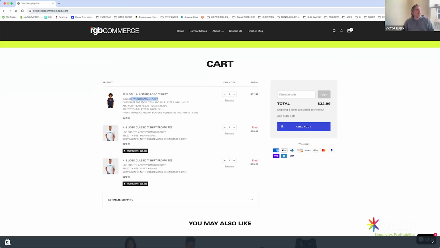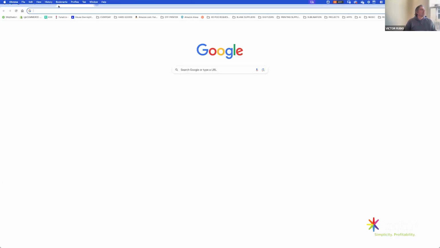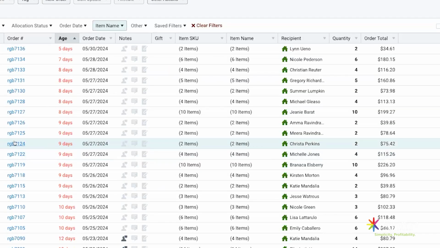Like that's the size, that's the item they're ordering. That's their team, juniors. So if it's the rosters, I know what team to put on the back. That's the lot, but they would choose their name, that's their number. And then they also said, yeah, I want the number on the front too. And then when the guys get the order, they're like, hey, let me see if I can pull up the order. So here's an all-star T order